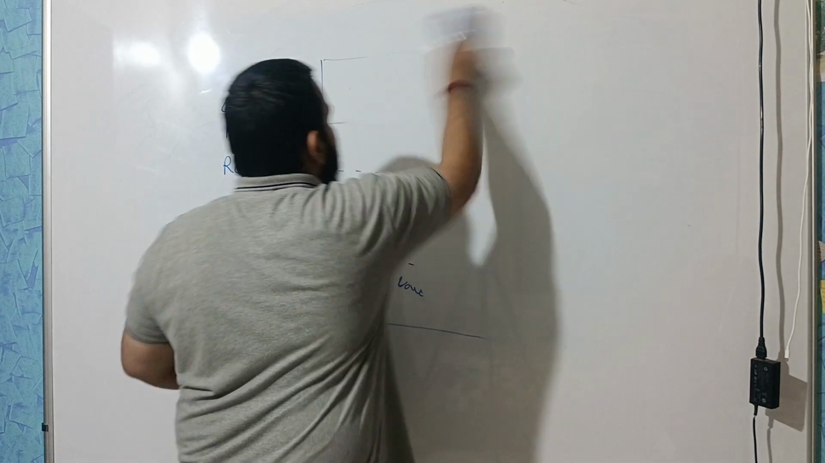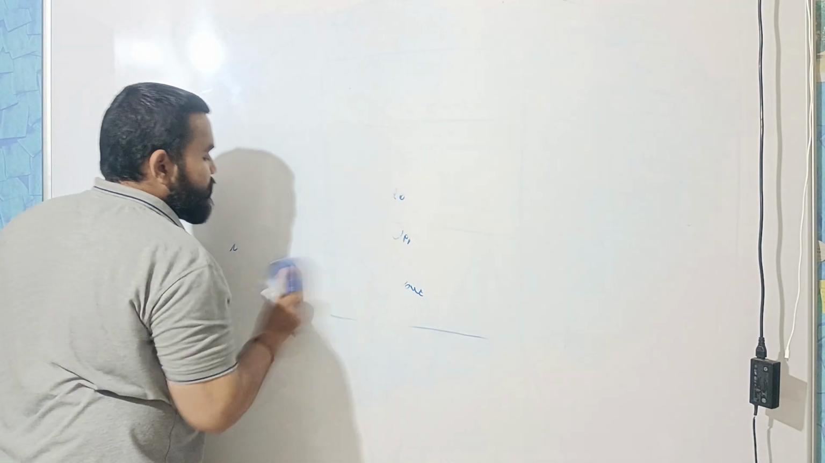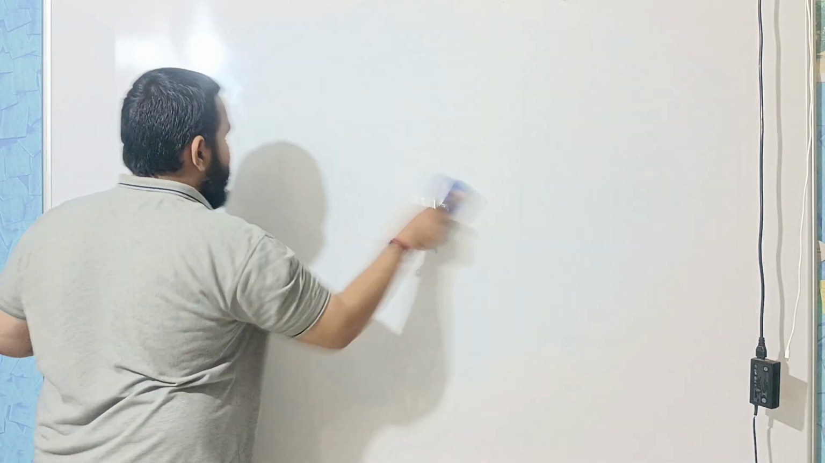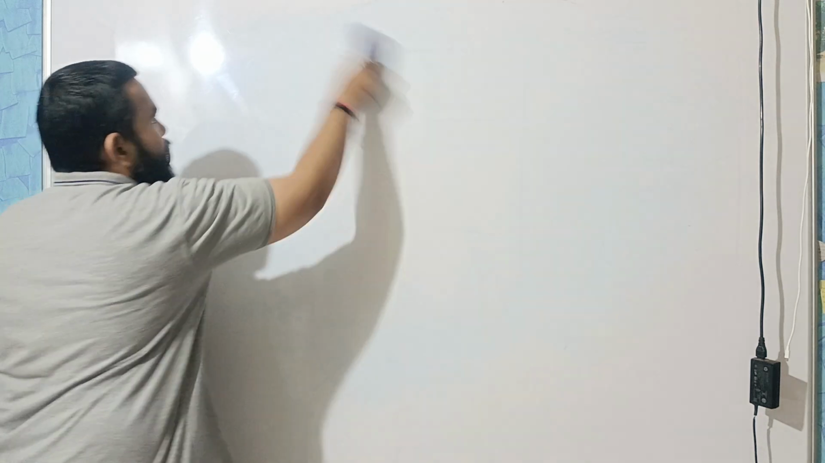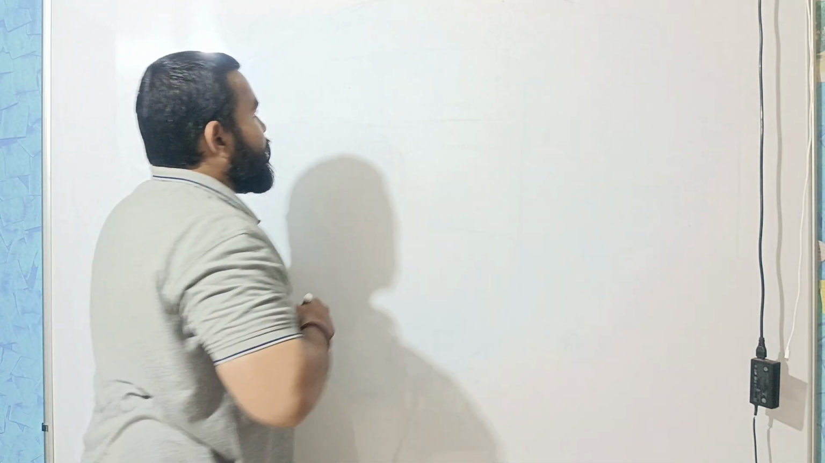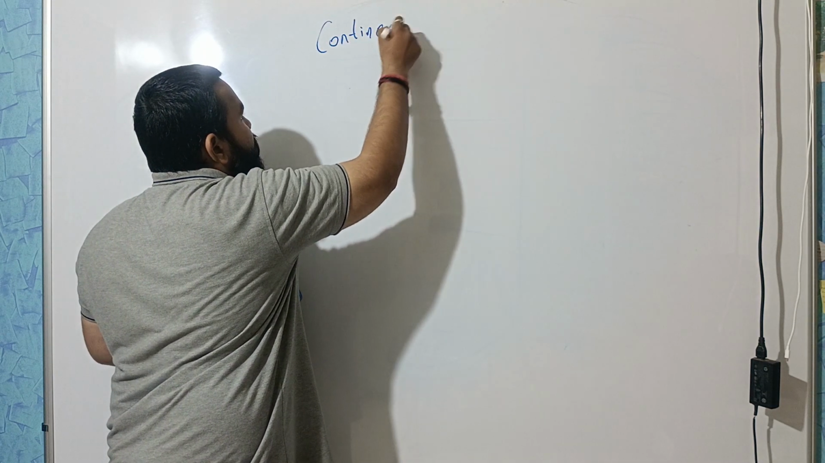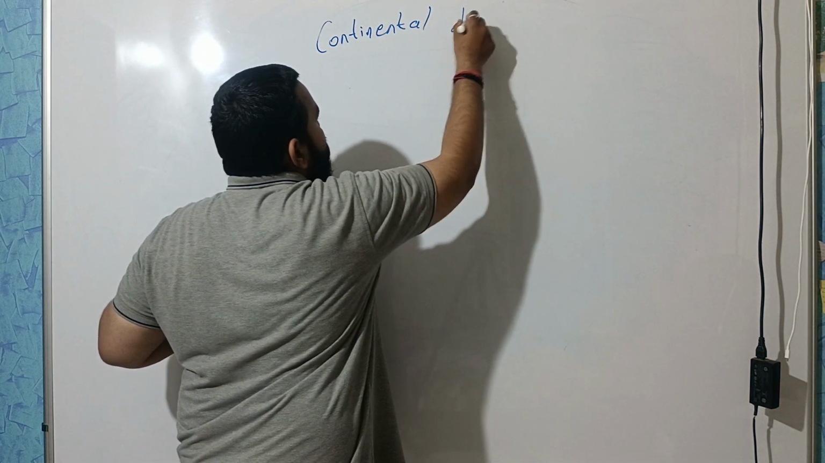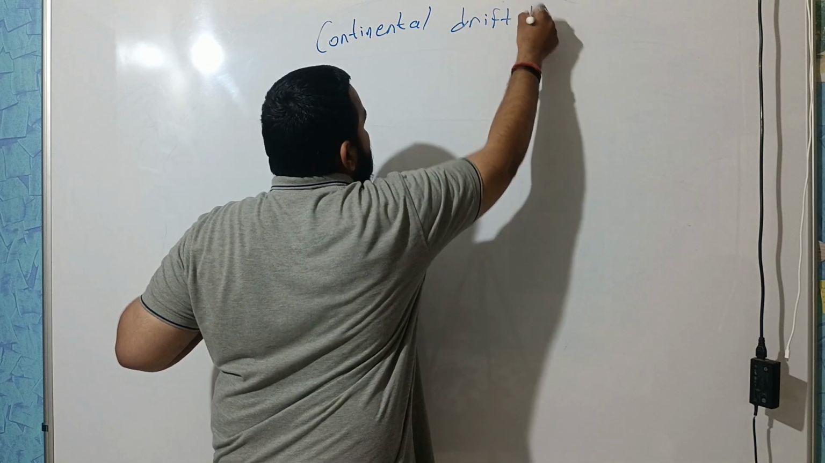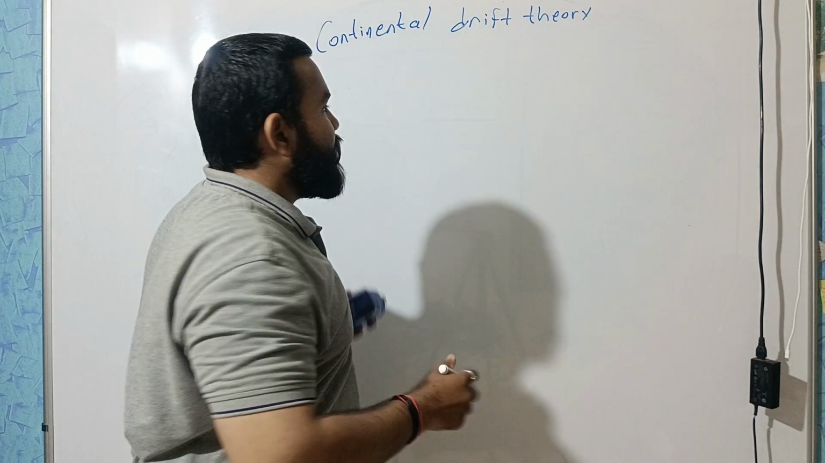So let's come quickly to the continental drift theory, then seafloor spreading, and then plate tectonic theory. The continental drift theory is a very amazing theory. This theory states that